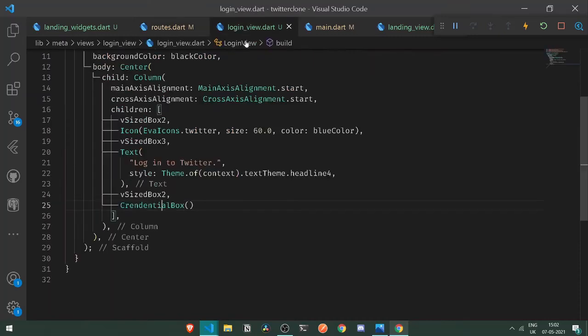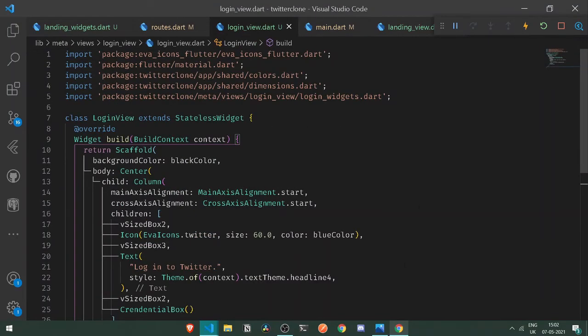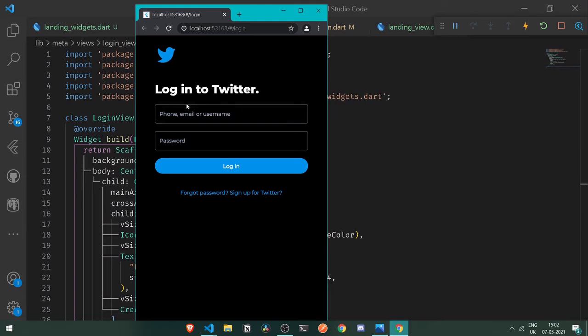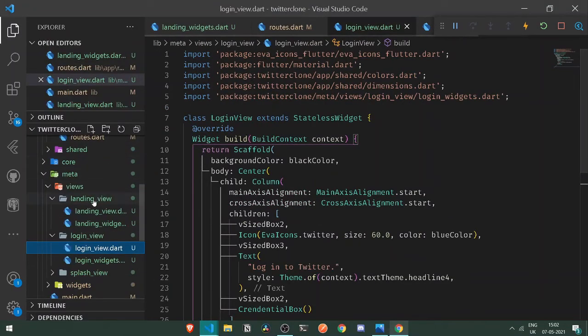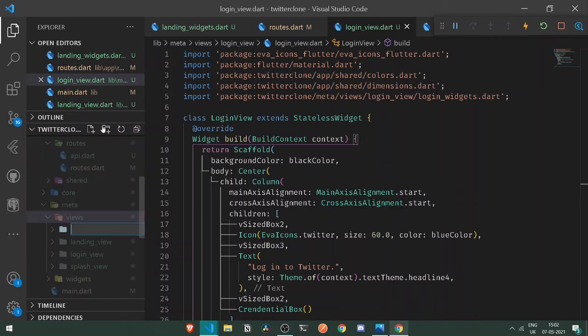Now don't worry, the login view shall be exactly the same. The only thing that will be different is nothing but simply about entering some different credentials, that is username, different email and also a password. So to make that thing happen, first of all, let's go under our views, and here I will be creating a new view known as sign up view. Alright, sign up view, easy.